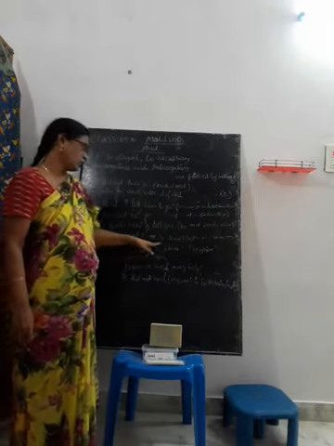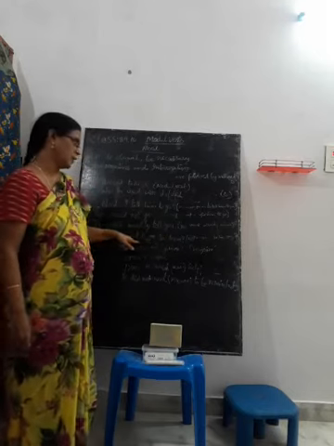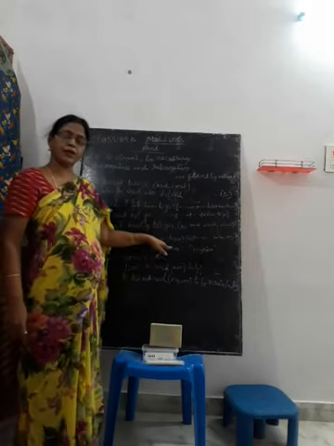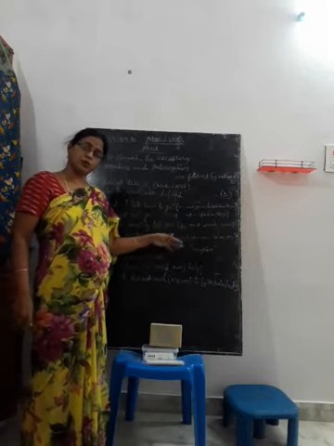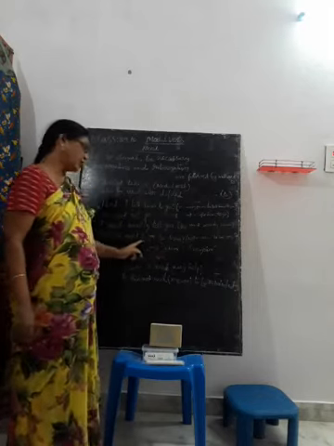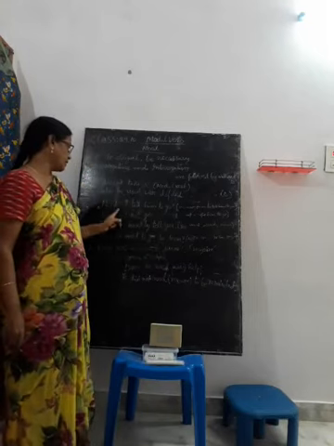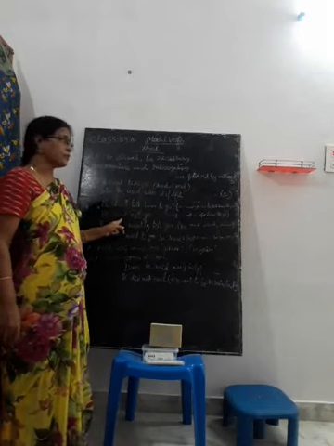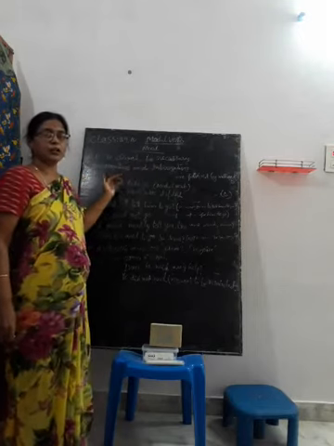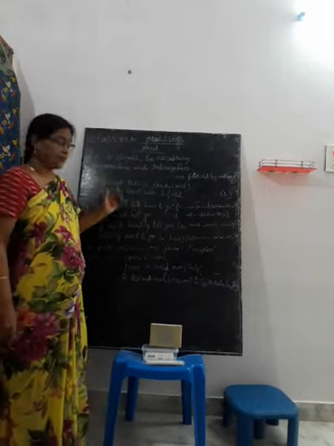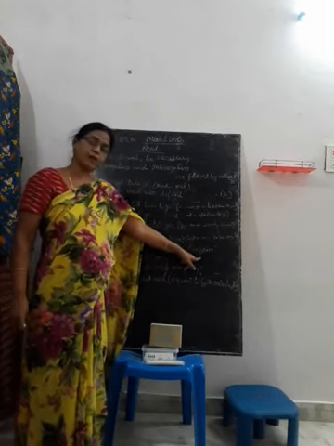Does he need to go so soon? That means, is it necessary for him to go so soon? These are the ways of framing interrogative sentences and negative sentences. We generally use the modal auxiliary verb need. Need is also used as a finite verb. As a finite verb, it means want or require.